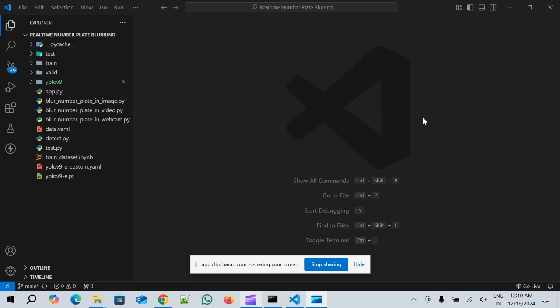Today I am going to explain about my project Real-Time Number Plate Blurring. The project is built using YOLO V9 and a few other libraries in OpenCV. As the name of the project suggests, we capture number plates of vehicles in real time and blur them for